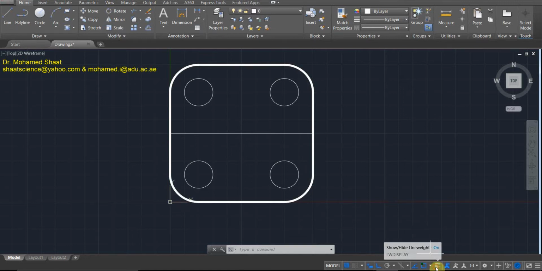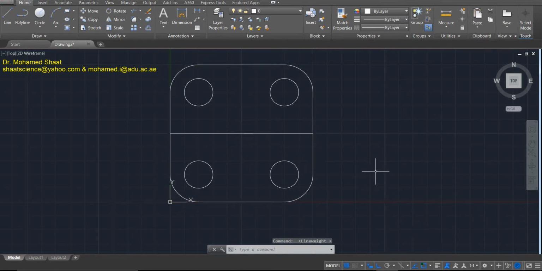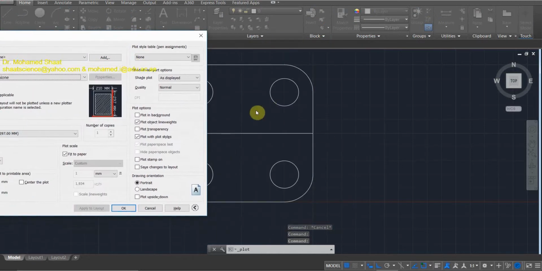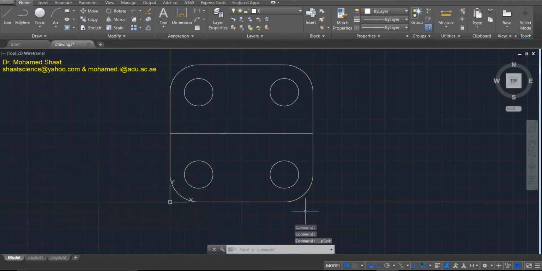So, but if you switch it off, you're gonna end up with this default thing. But you should understand that this line has been assigned a thickness of 0.7 millimeter. When we try to blend the shape, it will be seen that these lines, these edges will be thicker than the other edges. This is what we will be seeing